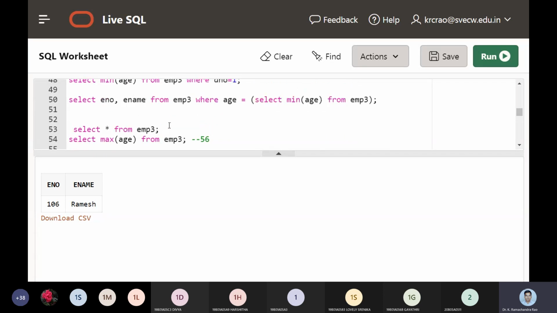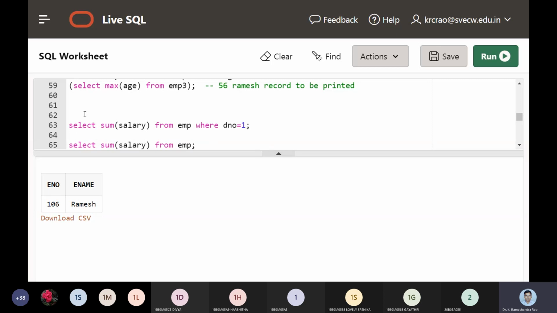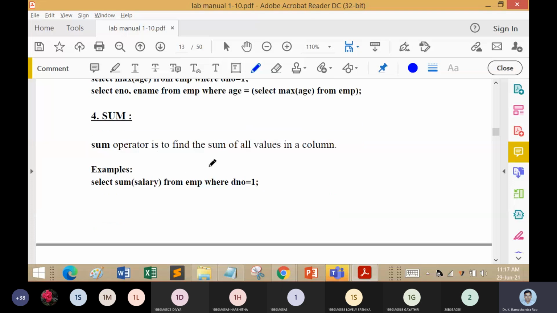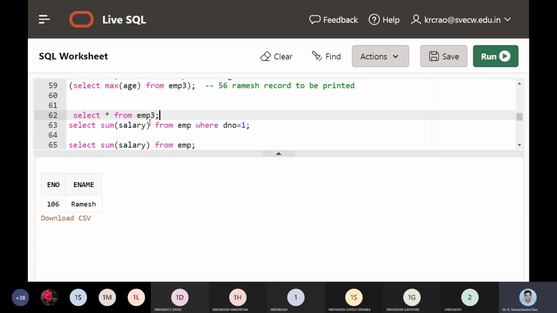Okay, fine. So next after the max function, we have the sum function. Before we discuss, let us move to the theoretical part. So what is this theoretical part telling? Sum is an operator. It is used to find the sum of all the values in a column. This was the definition. Sum is an operator which is going to find the sum of all the values in a column. This was the theory we have to get, and this is a single row function, right? So let us